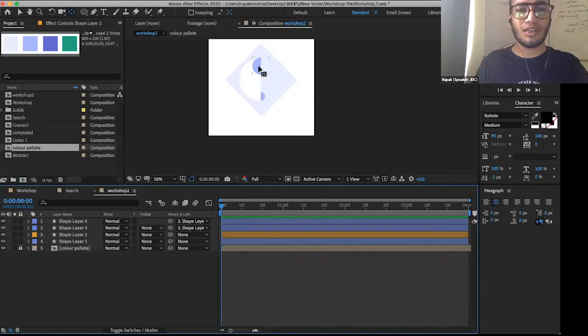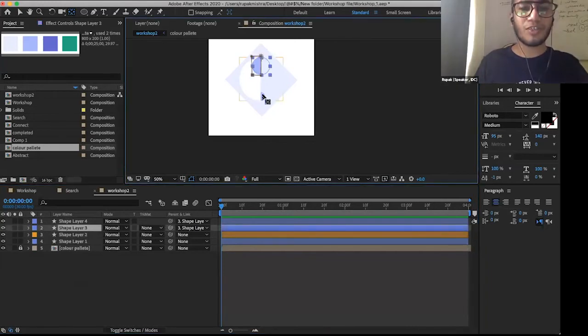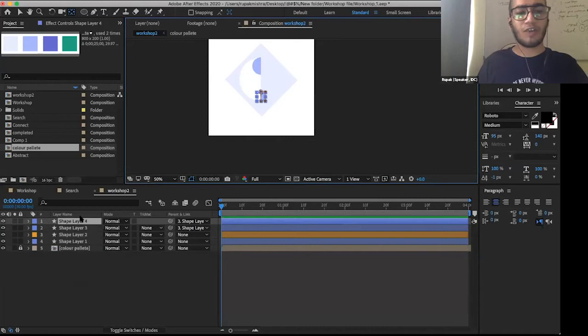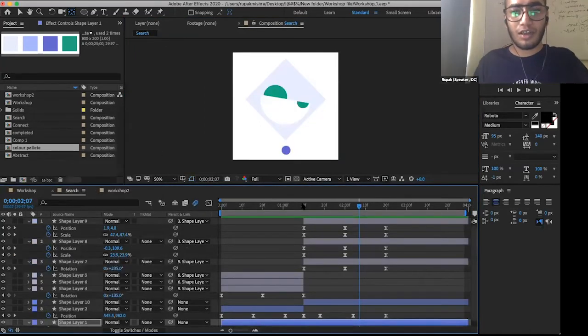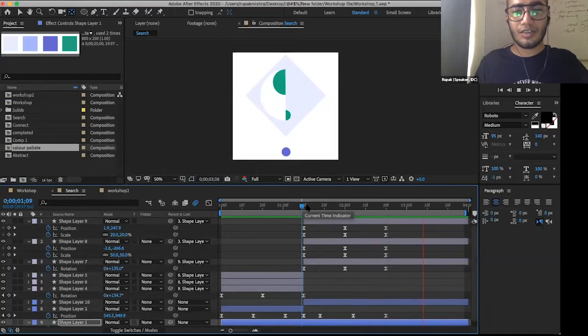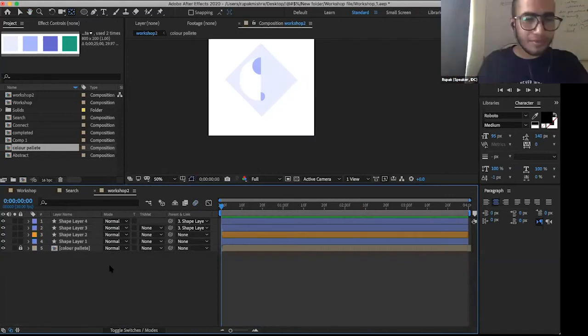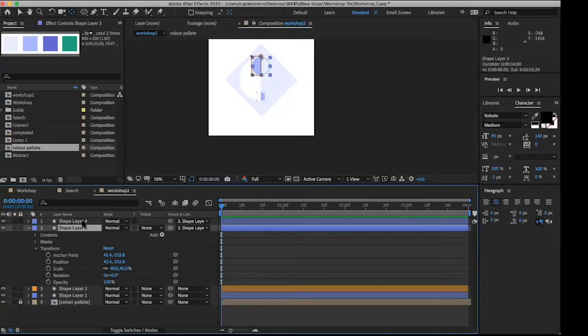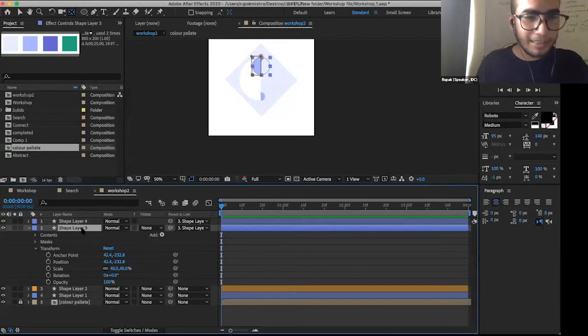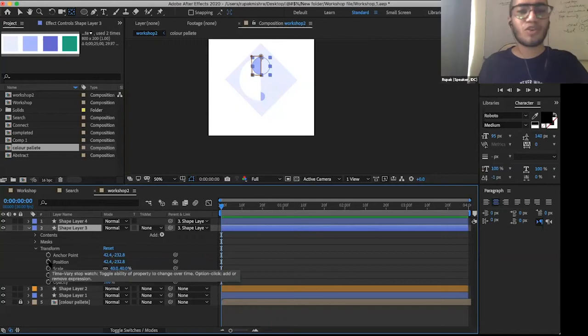We'll animate our most initial animation of these two moving from up to down, as you have seen. See this animation once more, how it is moving. It's moving up and down, and the position and the scale of the layer are working at the same time. So first we will animate the position. No, I think it's best to animate the shape layer first. I will start with shape layer 3. We need both position and scale to be animated, so we'll do it one by one.